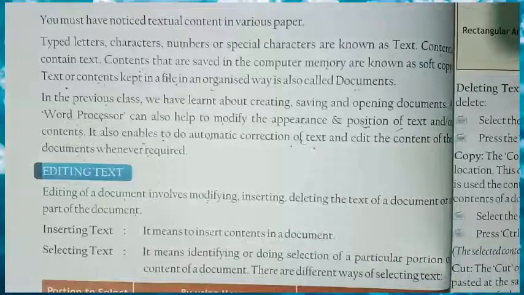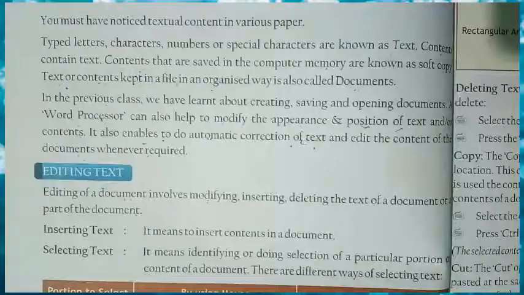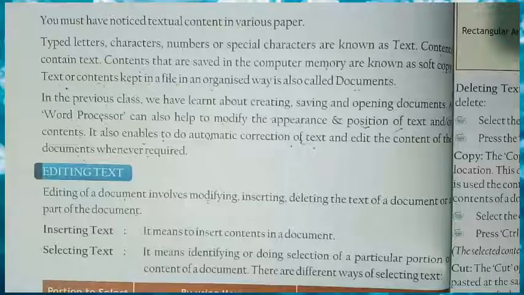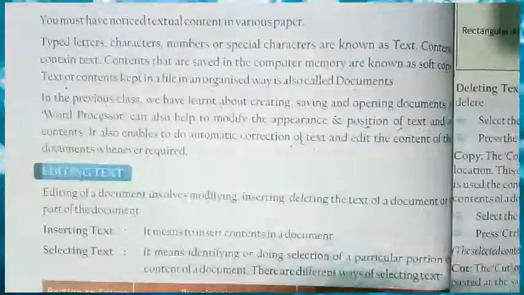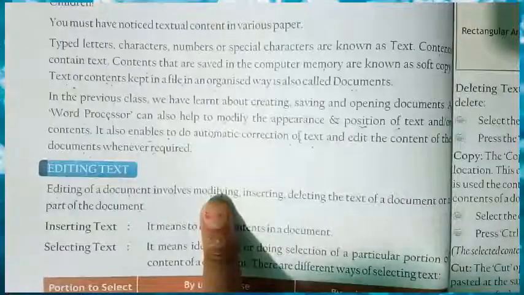See, if we are saving or making any document in a computer and after completing the document we see that this thing is missing, we forgot to write this thing, in between the document something is not correct, we want to delete it. So it is not possible that we should again prepare the whole and entire document. So editing helps us to make modifications in that document.